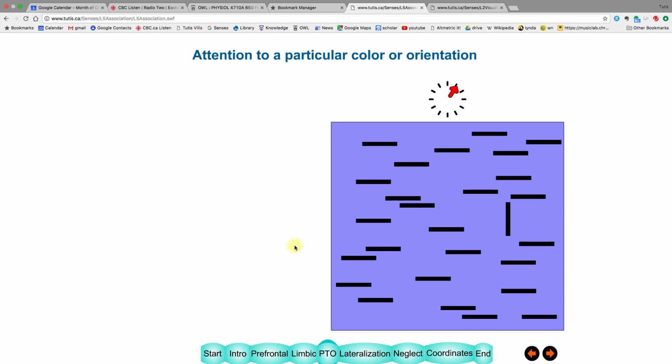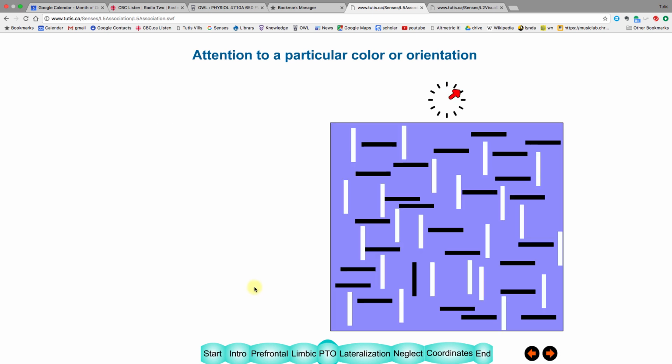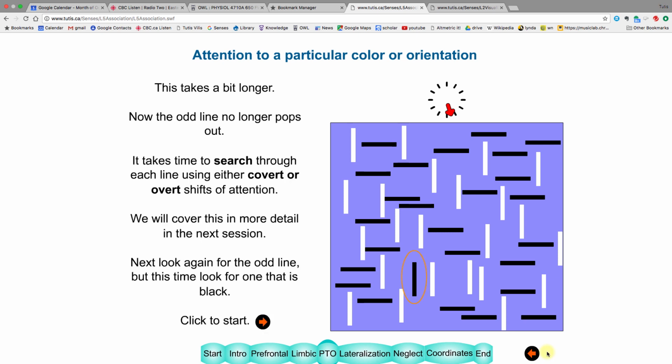Another test. Can you see the line that stands out? You should see that easily. Okay, try this one. Raise your hand if you see it. Okay, that wasn't too hard. Can I see it? Forget what color it was. Okay. Next one. Well, in this one, okay, let's suppose